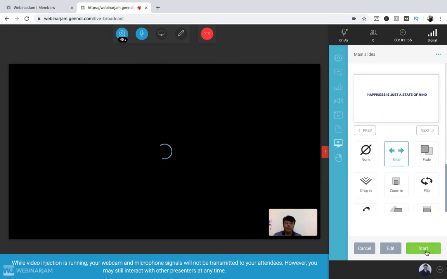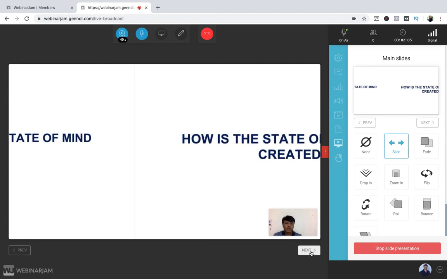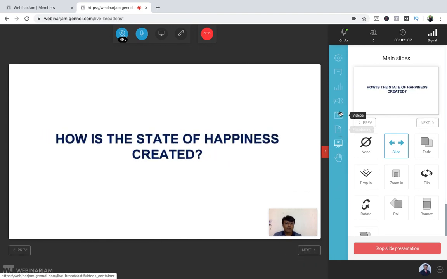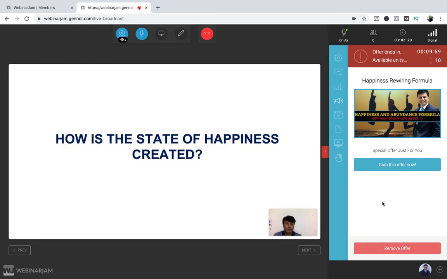Start it again. It will start from the slide where you left off. This way you can just move on, and when you are done, at the last, when you will be sharing the offers, just click it here. This is the final offer. I don't want the final offer to be sent first. I will be sending the prelim offer. So I have published it. Now they can see it and they can click it also.